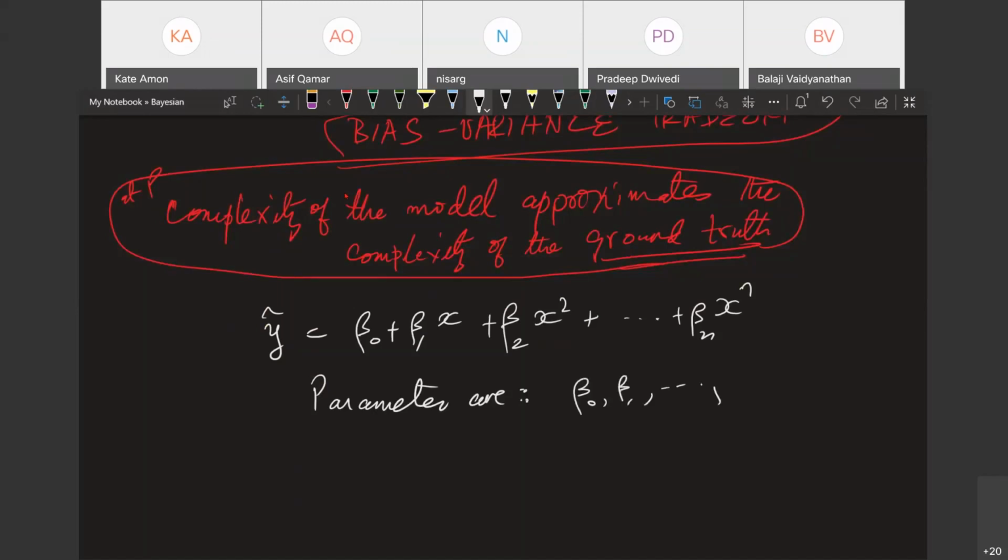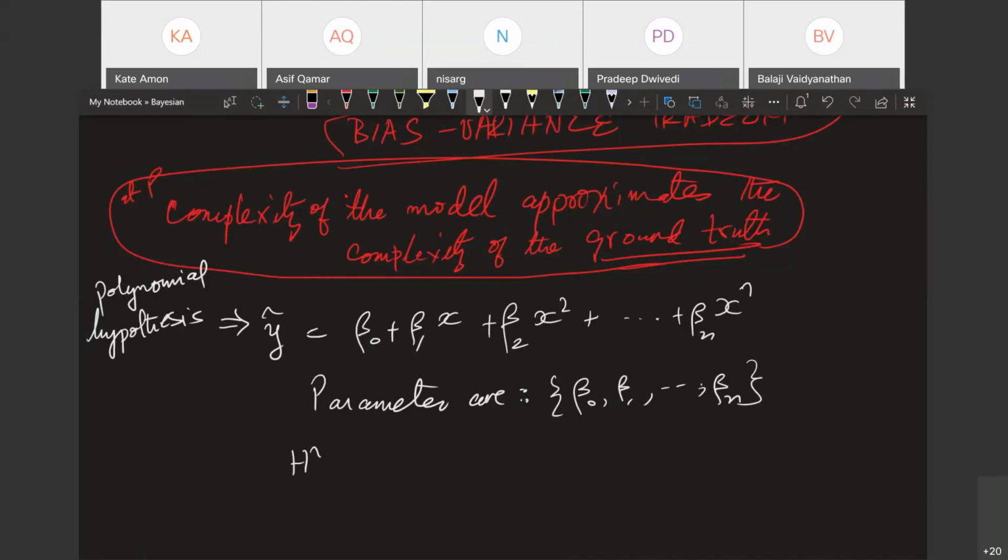Beta naught, beta 1, beta n, isn't it? Are we together? These are the parameters of a hypothesis, the polynomial hypothesis.